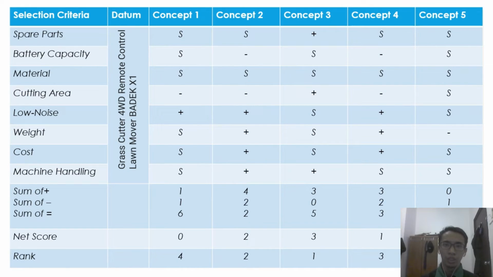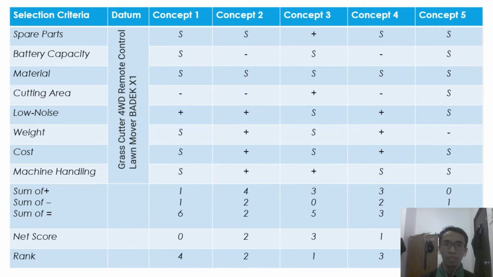We use the concept designs to compare with the datum. For selection criteria, we use eight criteria to be evaluated for each concept, which are spare parts, battery capacity, material, cutting area, low noise, weight, cost, and machine handling. Firstly, for concept number 1, all the criteria have the same quality as the datum, but the concept design's noise is better than the datum, and the cutting area is worse than the datum because of its